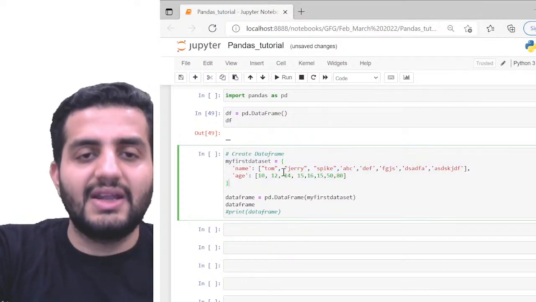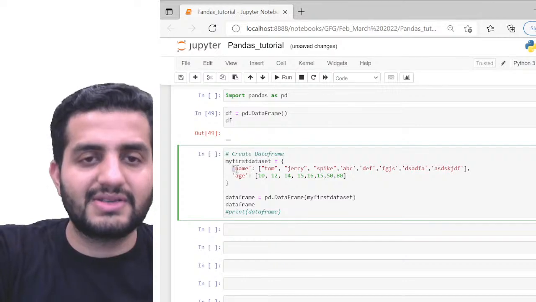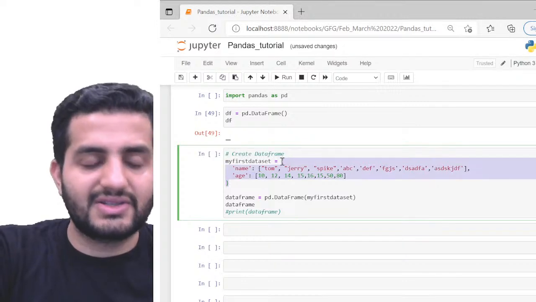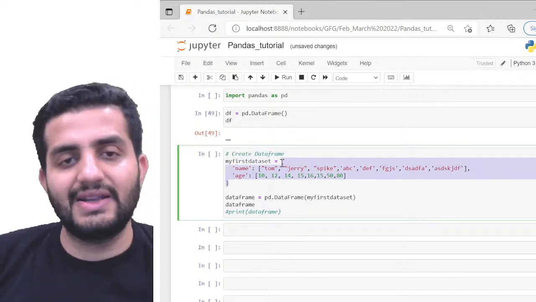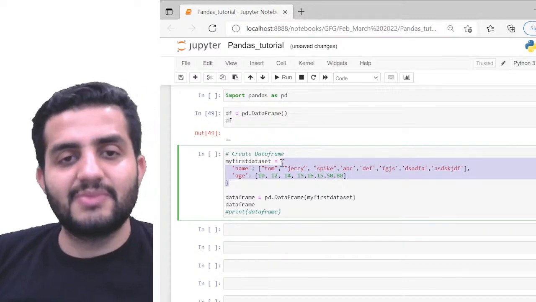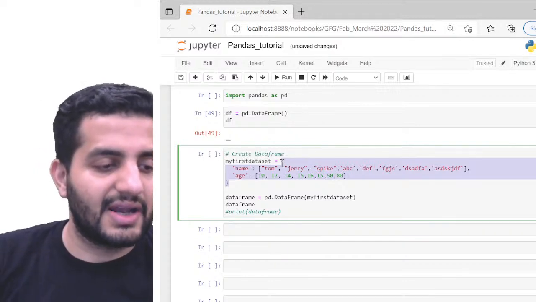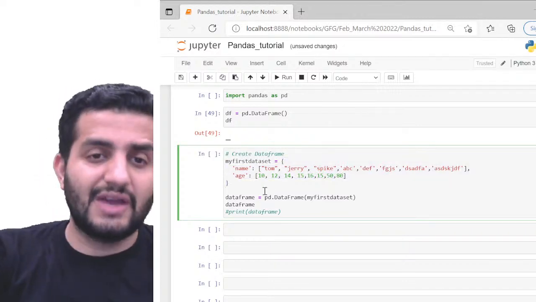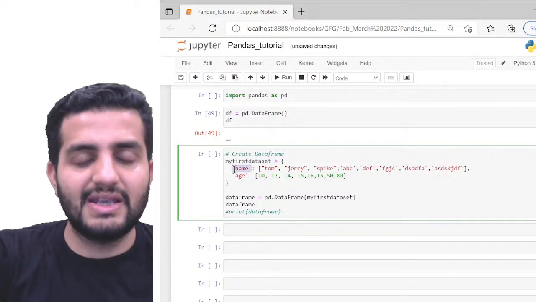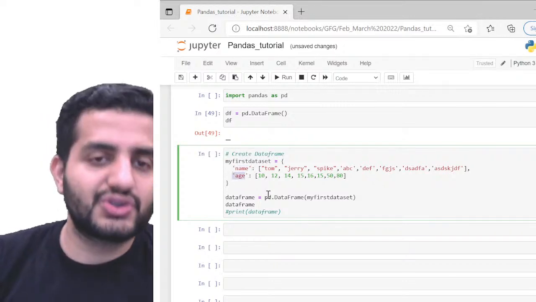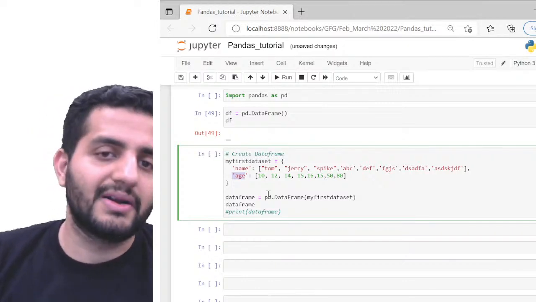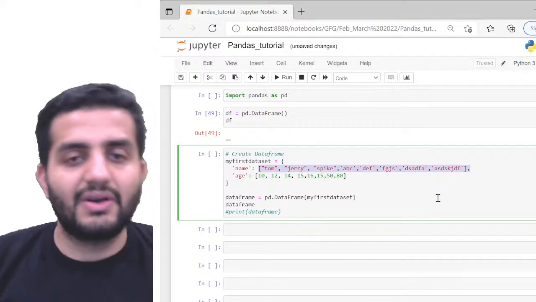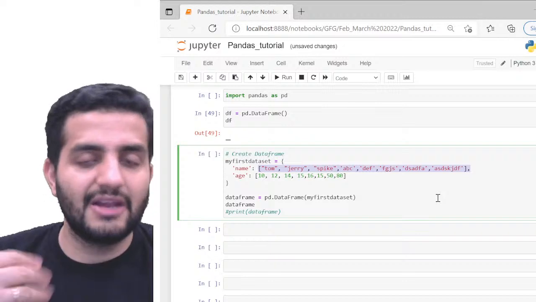And in this dictionary I have 2 different key value pairs. The first is name and the second is age. So I'm creating a dictionary where I have 2 different key value pairs, and you can see that my key is name and my key is age, right? Now you can obviously assume, it's pretty much evident as well, that if we use name as a key and age as a key, by default these will be your column headers, right? And the data available within these will become the rows, the elements of that column.